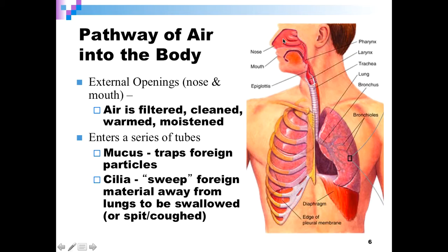And this is important because let's say you're standing outside and it's super, super cold. If you were bringing air from outside into your lungs and that air wasn't being changed temperature-wise, it could be a really big shock to your organs and it could possibly do some damage or maybe make you more prone to being ill. So it's really important that the mouth and the nose filter and warm up the air or the oxygen